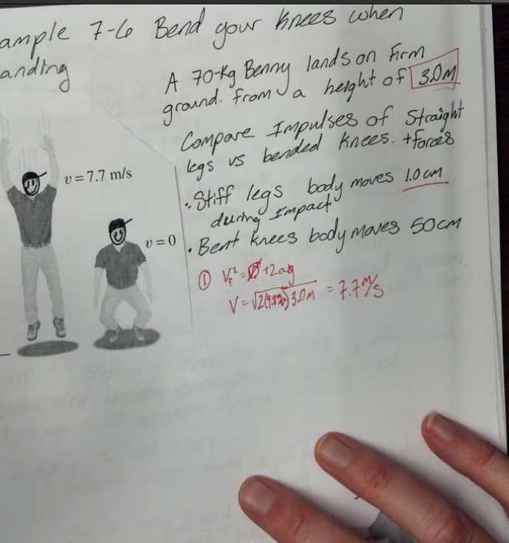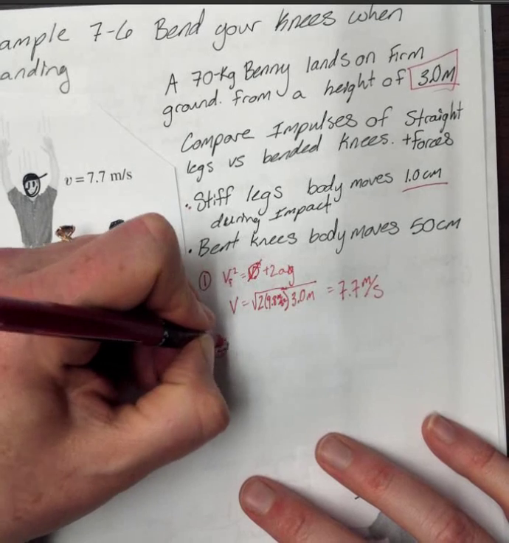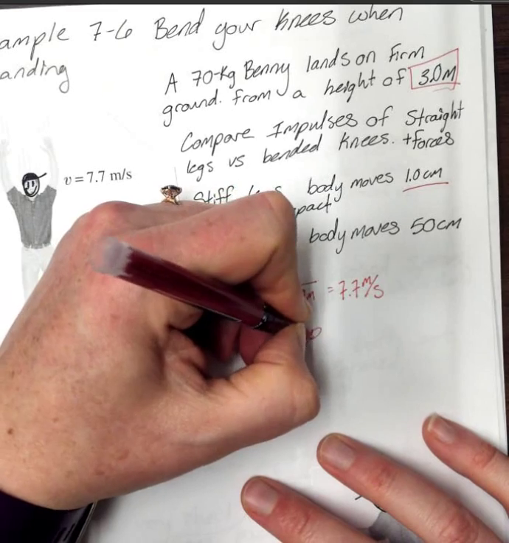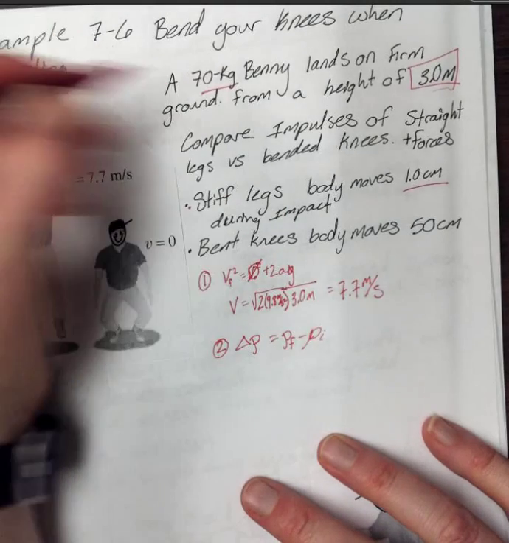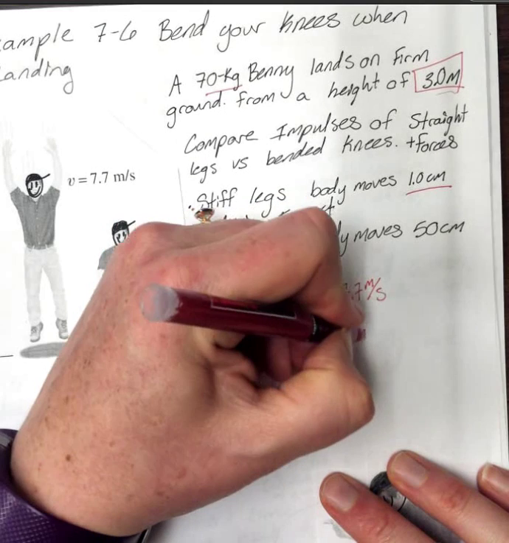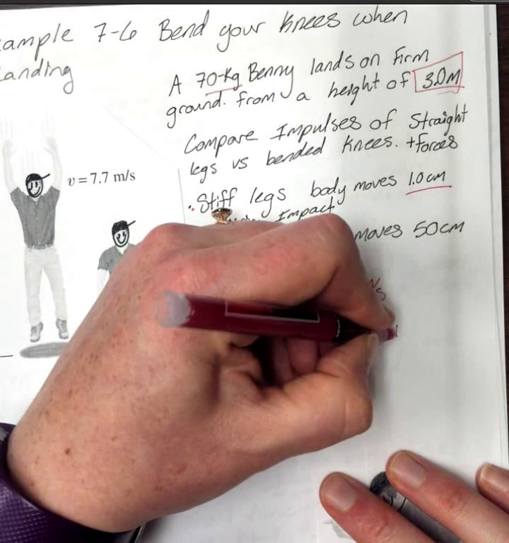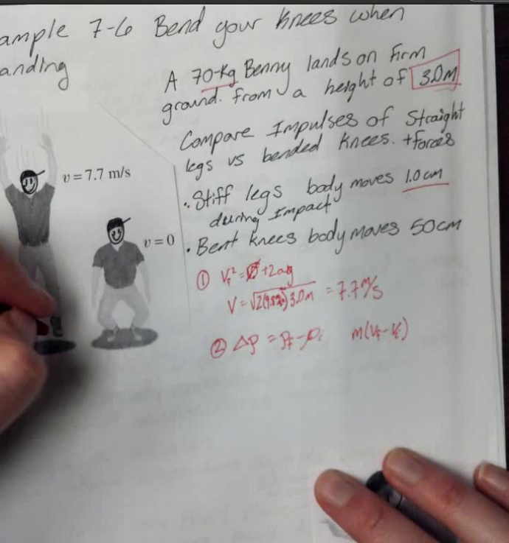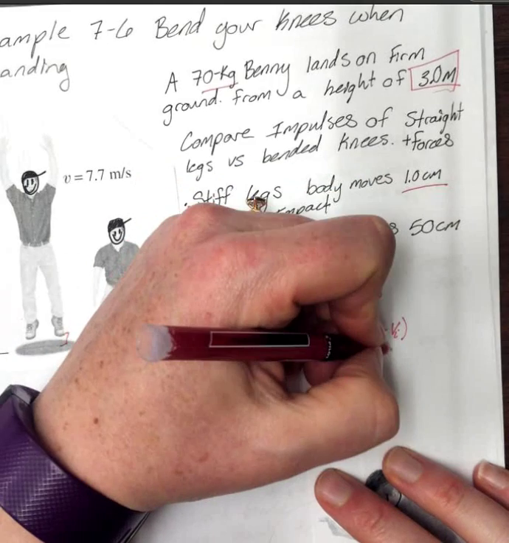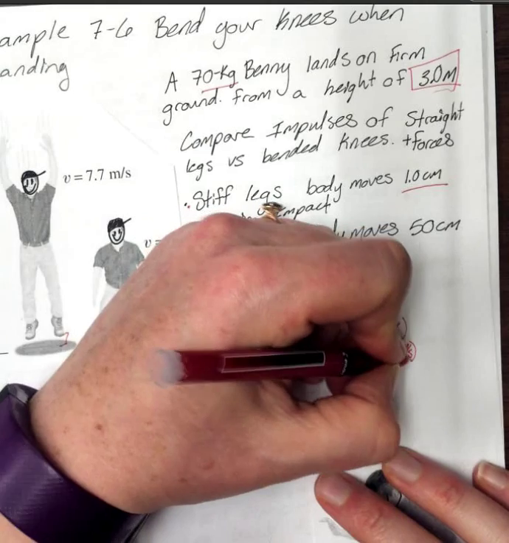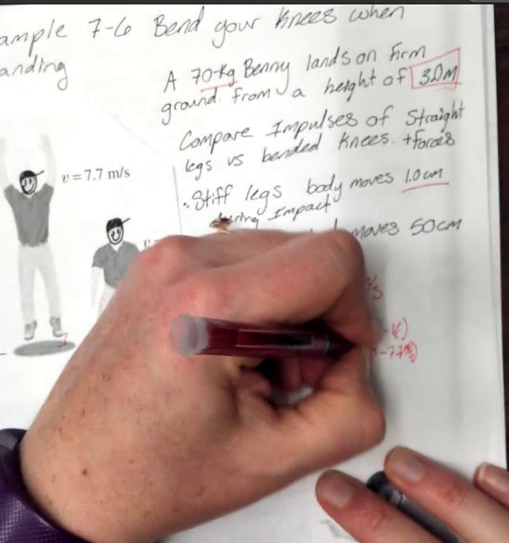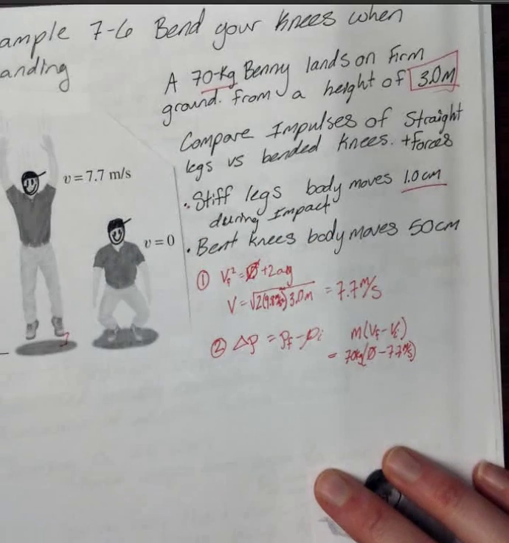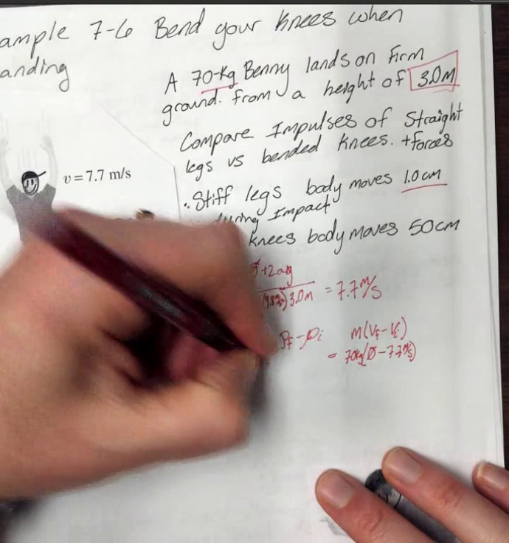So now we have that velocity, and now we can consider change in momentum. Change in momentum is final minus initial. And since Benny's mass doesn't change, he stays 70 kilograms the whole time, that's going to be mass times final velocity minus initial velocity. And in that case, we started with that initial velocity of 7.7 meters per second. And his final velocity at the end of the impact, well, he wasn't moving anymore, and that's 70 kilograms. One of the things that you're going to notice when you solve this problem is that you get a negative value. Your change in momentum is negative